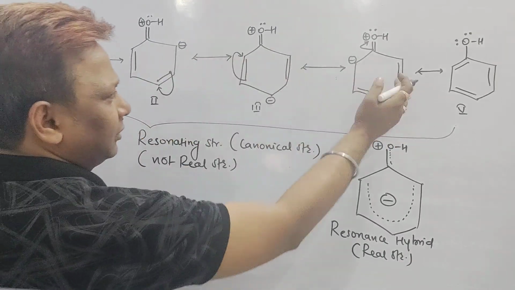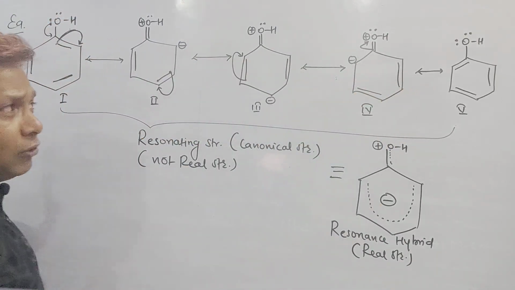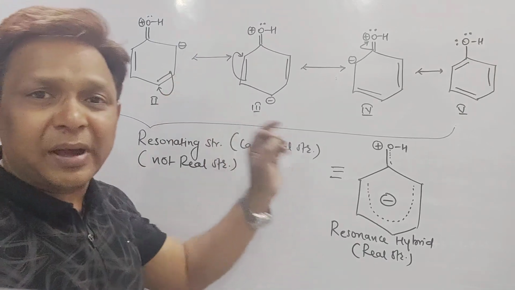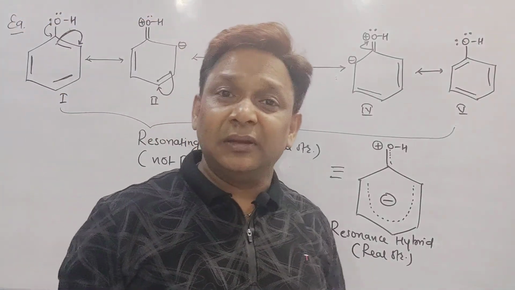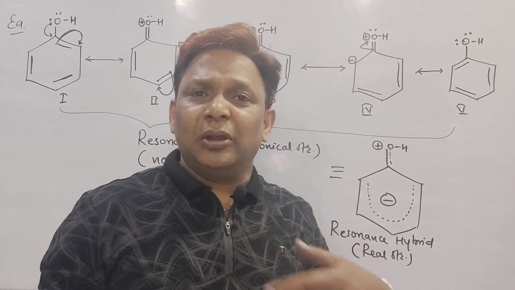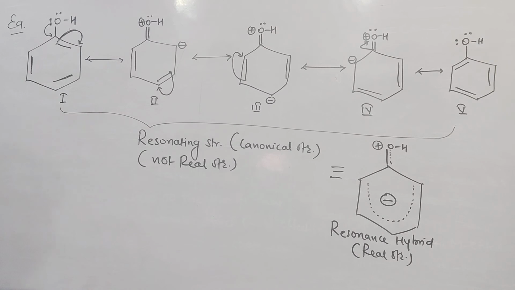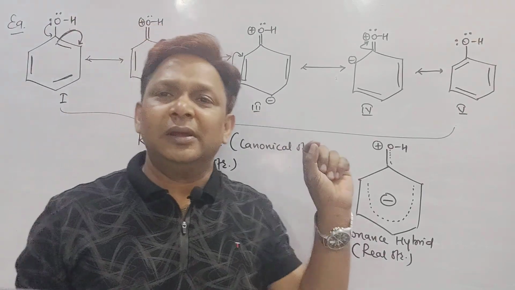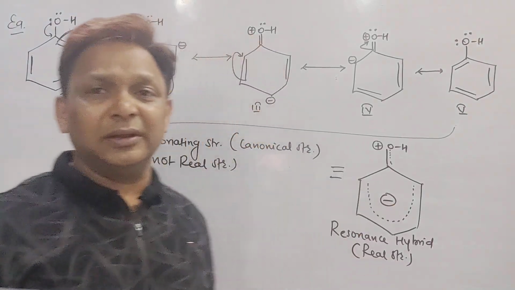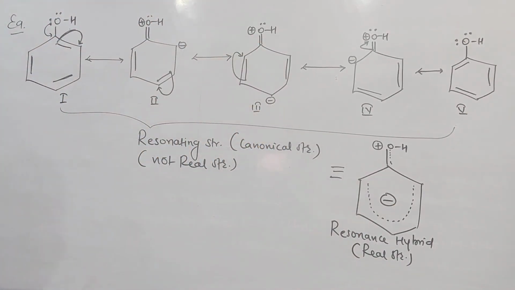These are also called what? Delocalization. Of what? Delocalization of only pi electrons. So what is meant by delocalization, beta? That is the movement of pi electrons. Resonating structures of the pi electron are called delocalization. Right, beta? Resonance is nothing but the hybridization of resonating structures, and the phenomenon takes place only in conjugated systems. So it is one example I have given, phenol, and phenol has 5 resonating structures. Right, beta? For phenol we drew the 5 resonating structures.